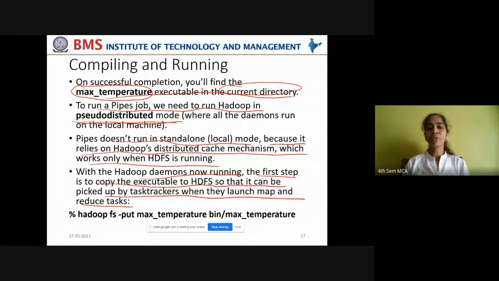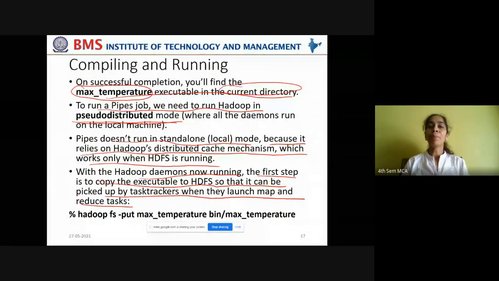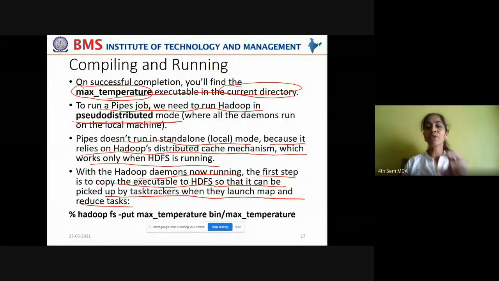So what you have to do, pipes doesn't run in standalone mode, in a local mode, because it relies on Hadoop's distributed cache mechanism. Pipes rely on only Hadoop's distributed cache mechanism. It can't run with a single system. That is why you're making all the 5 daemons run in a pseudo distributed mode in order to make the pipes understand that it is working in a distributed architecture.